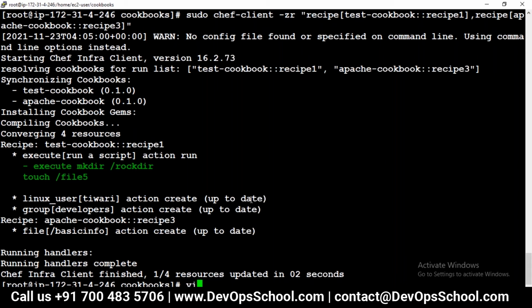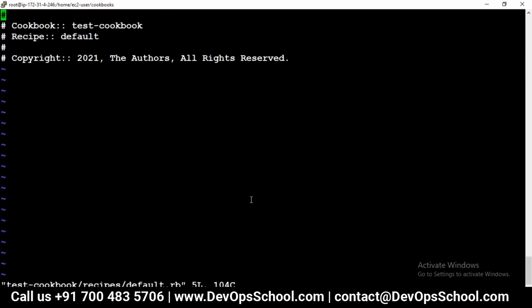So for that, vi test cookbook recipes, and we will open the default recipe here. It is already created. Here the default information is available.